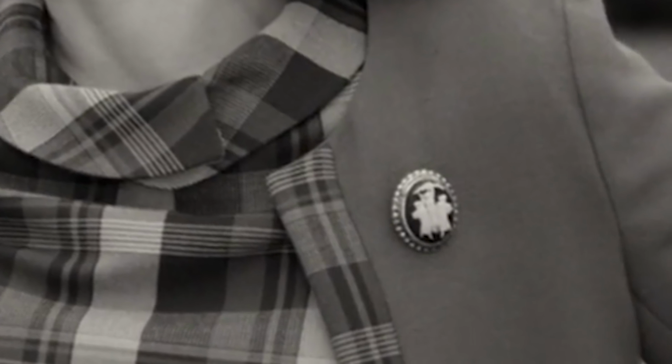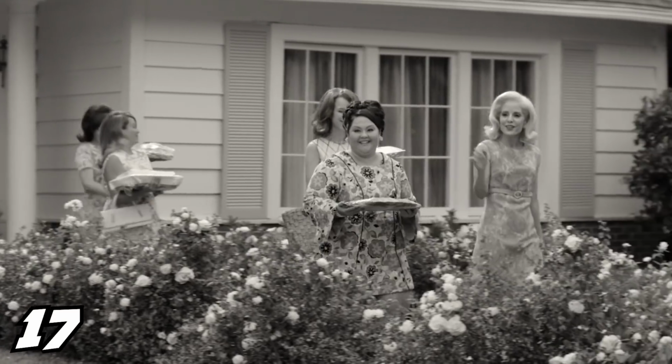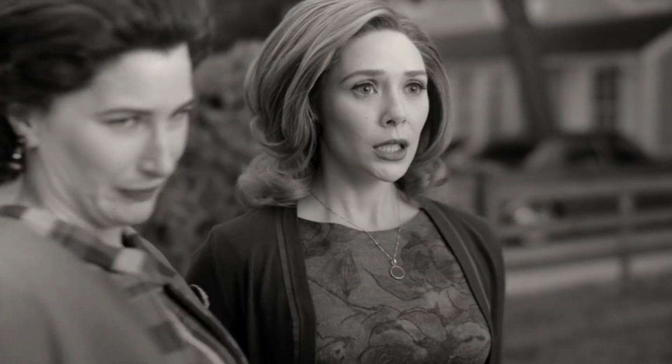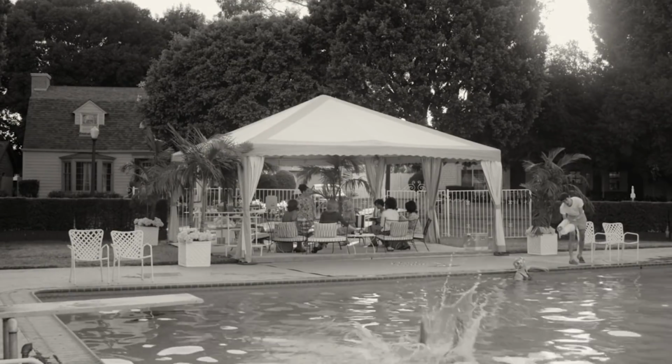We'll probably get more Easter eggs for this later on. But then we meet the antagonist of the episode, Dottie, and her gang of neighborhood Rotary Club thugs. They have all this comedy about Scarlet Witch trying to fit in with them, even though she totally does not